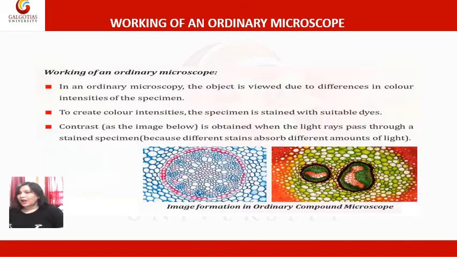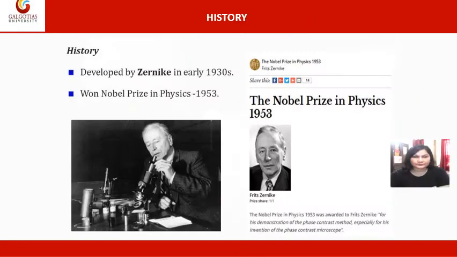Now what if we can't use dye due to some constraint, like suppose we are studying a living object that cannot be dyed using chemical dye. So how will we study such type of specimen which does not allow us to use any chemical dye or stain? And the answer of this problem is phase contrast microscope. The phase contrast microscope was developed by Fritz Zernike in early 1930, and he won the Nobel Prize in Physics in 1953 for the same.